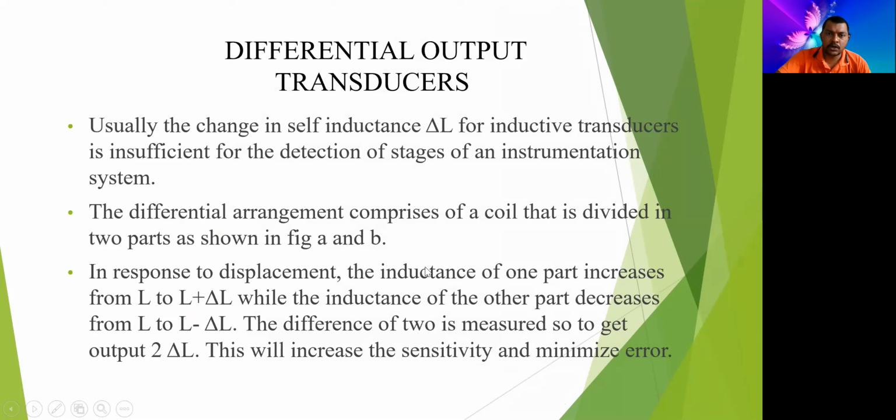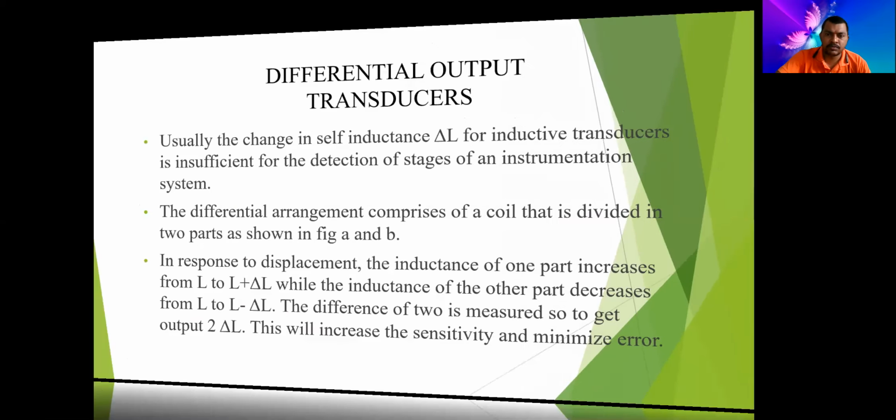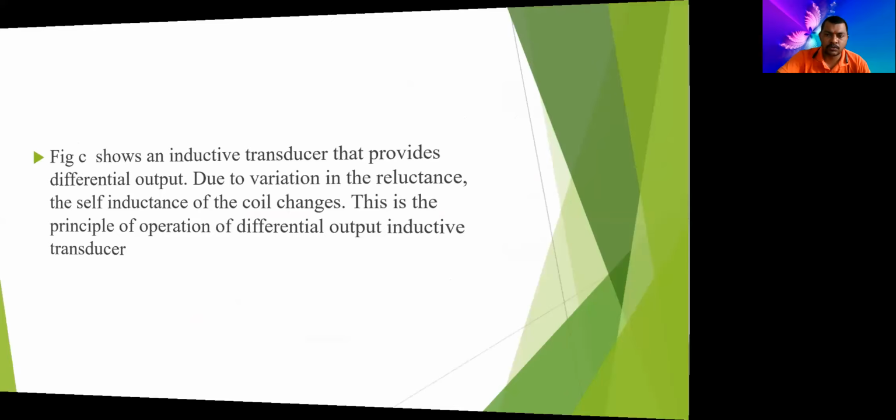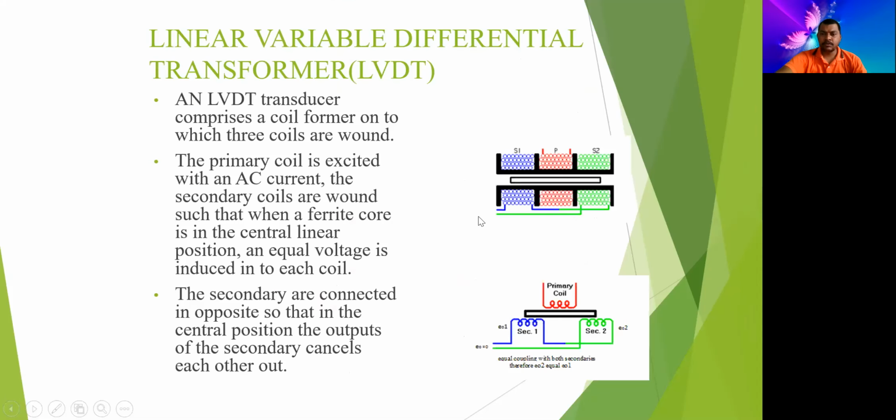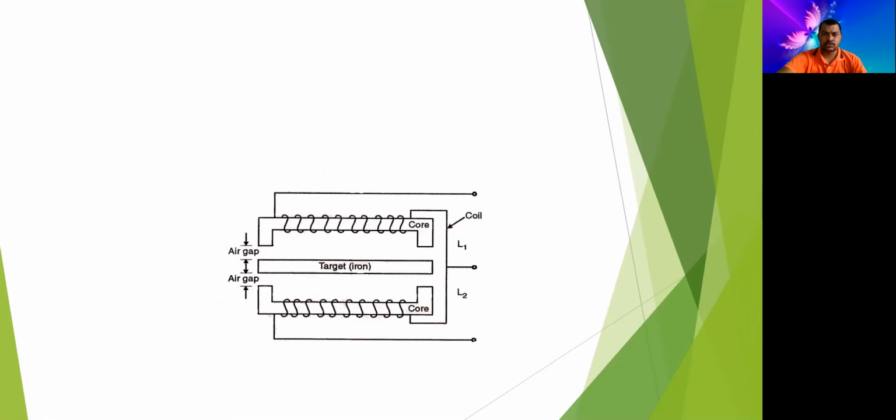And this is the differential output transducer which we'll study in the next class, hopefully tomorrow, LVDT. And this is a passive type of transducer again. So we are having two coils, and these air gaps can be changed by using displacement, by displacing these coils, and accordingly the EMF which is being induced in the coil will change, and that can be used to measure. So LVDT we will study in the next class tomorrow.